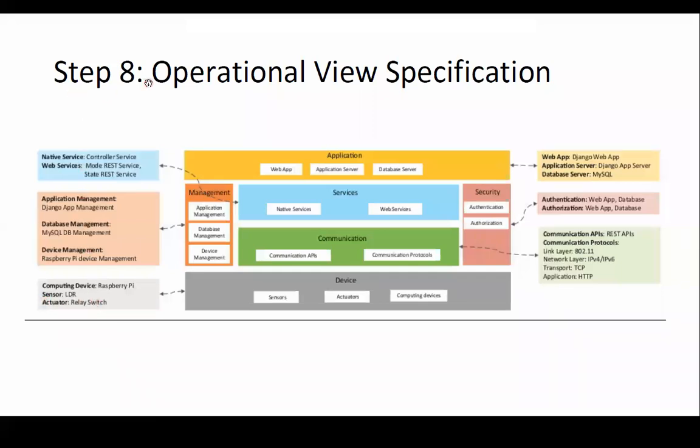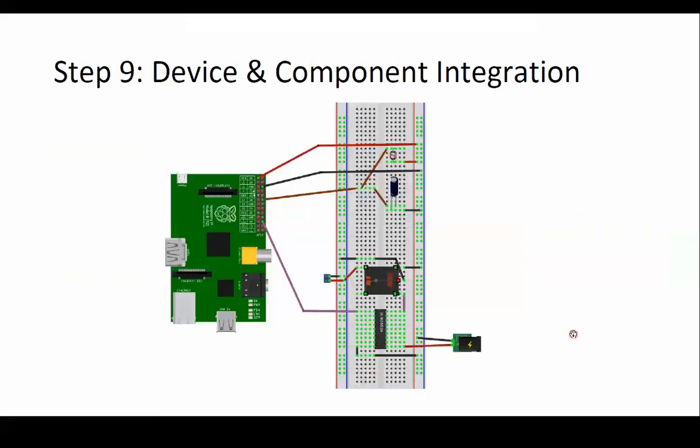This is step 8. Which component can be used in real life for implementing a home automation application? And this is the connectivity that can be done. This is the Raspberry Pi. You can see the Raspberry Pi is here. A white breadboard is used. Some circuits are implemented. These are some cables or wires that have been used with this Raspberry Pi. Here the sensor is used. LDR sensor is going to be used.